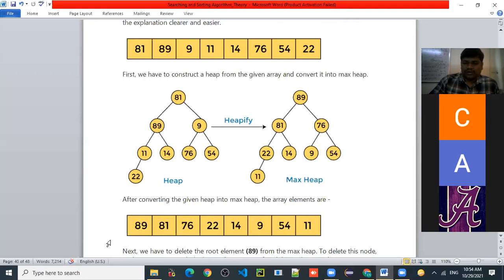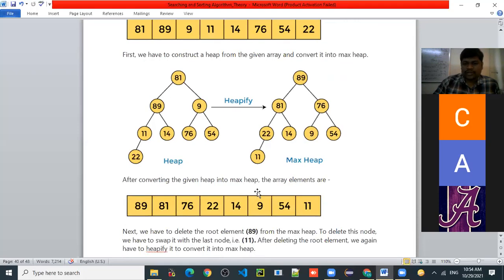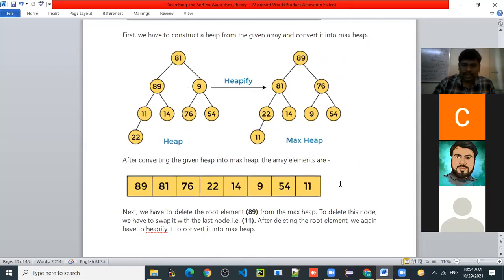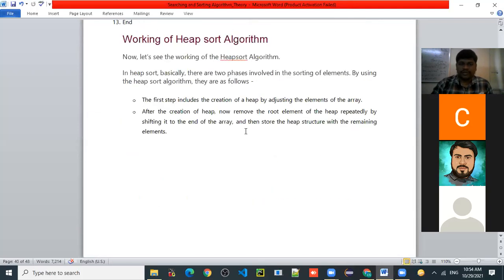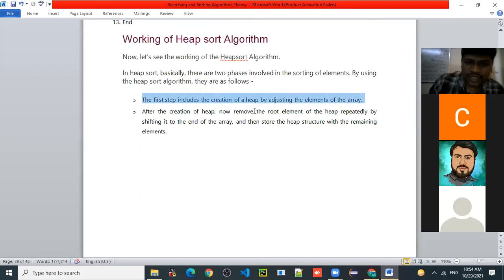Up to this, all of you understood how we are constructing the heap, and after that how we are converting a simple heap to the max heap. Yes, sir. Now this is called the first step of heap sort. The first step includes the creation of a heap by adjusting the elements of the array.